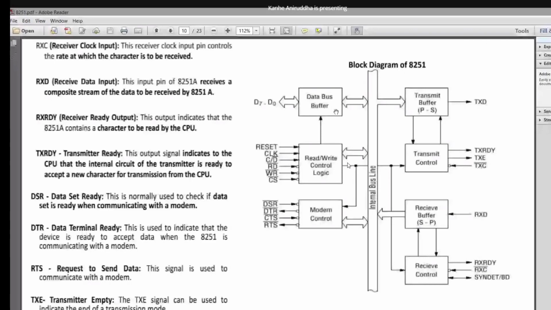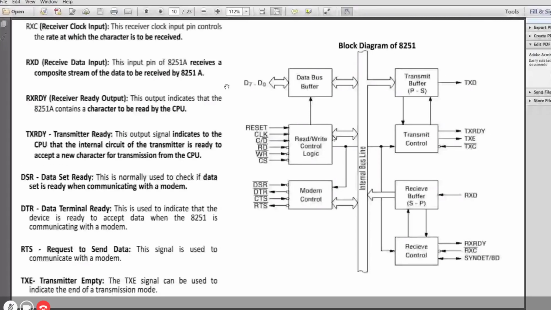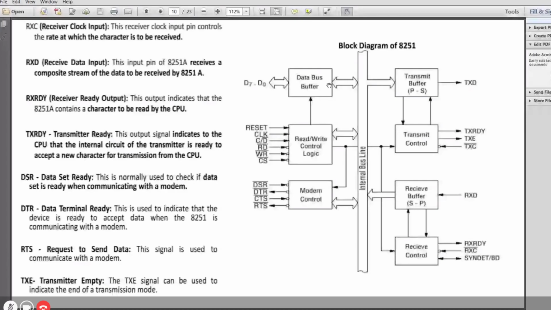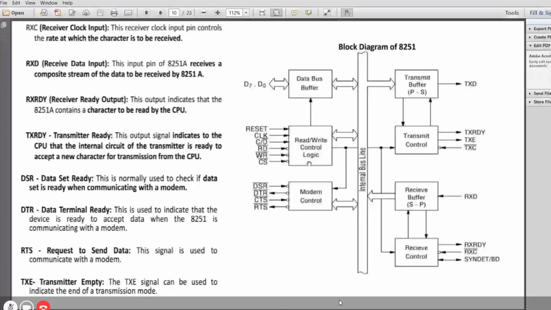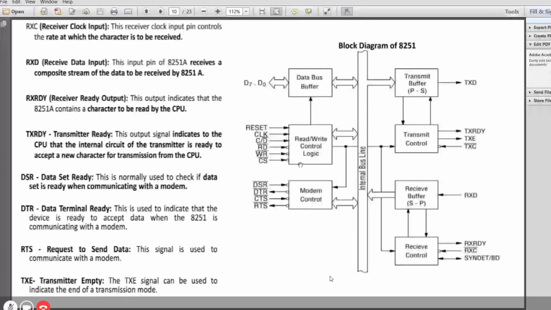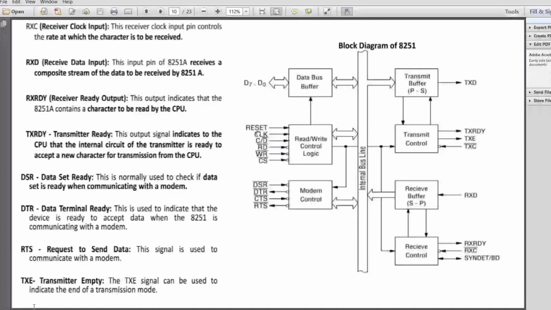This end I told you, this should be connected to 8086, and through the 8086 D0 to D7 data, it is received and given out to this buffers. And read write logic, this read write logic has read write control signal, chip select available. Then read write, whether it is command word or a data line, given out by this control signal. Clock, reset. So these are all controls logic. Controls the whole of the 8251.